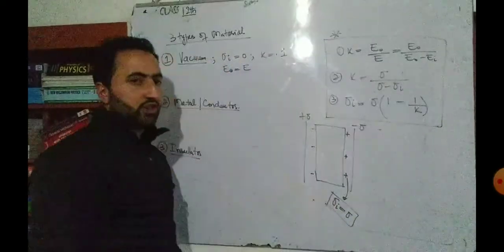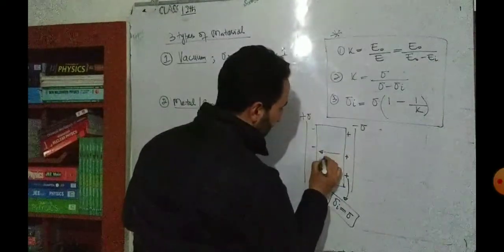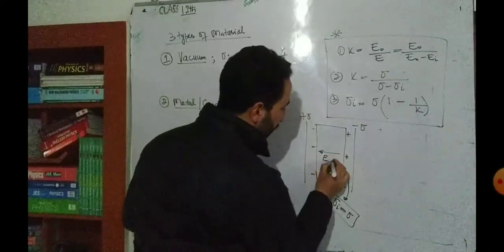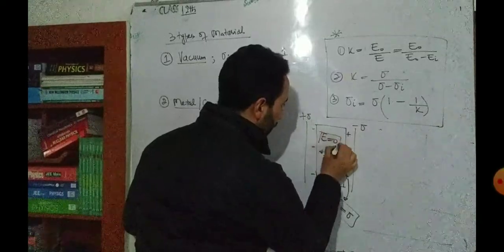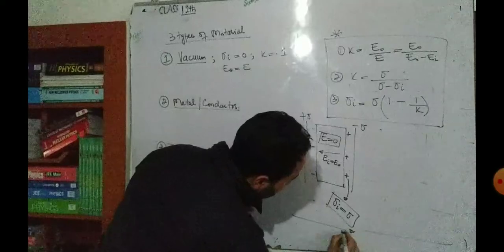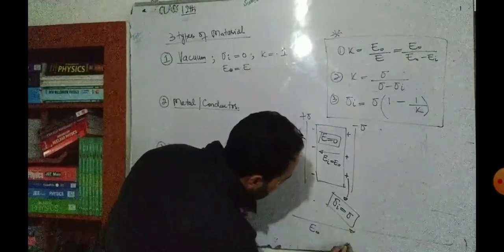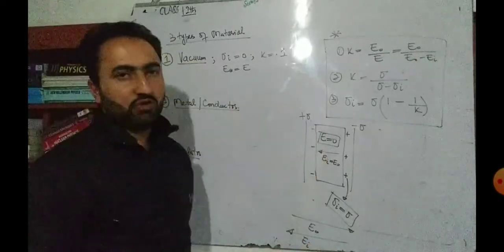Charge induced is equal to the external charge, so that there is electric field inside as well. The electric field inside is equal to EI, which will be exactly equal to E naught, so that the electric field inside will be simply equal to 0. They will cancel each other. In this direction there is electric field E naught, and in this direction there is EI, and the two are exactly the same, so that the net electric field inside will be equal to 0.